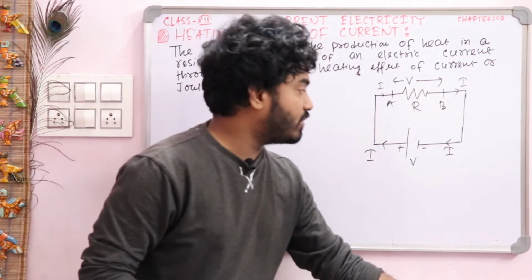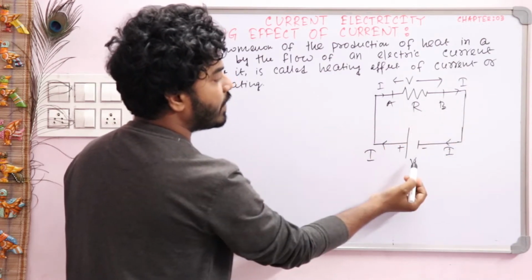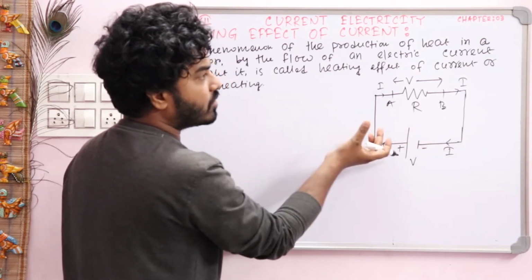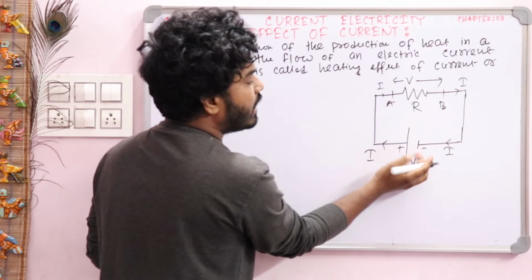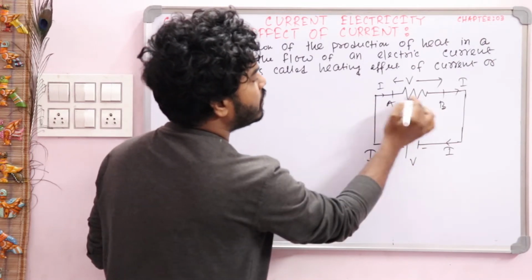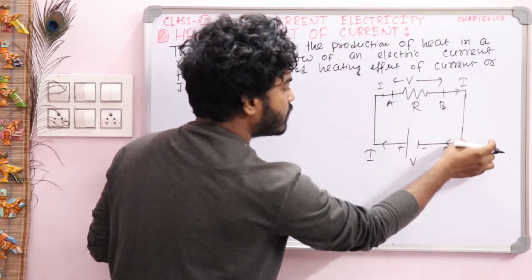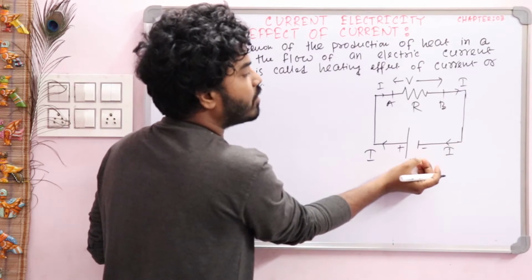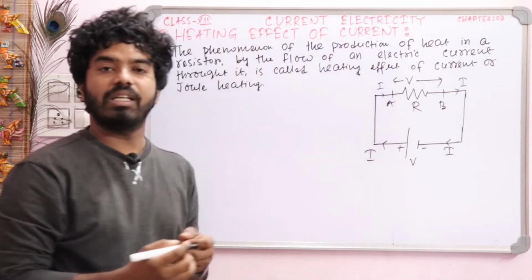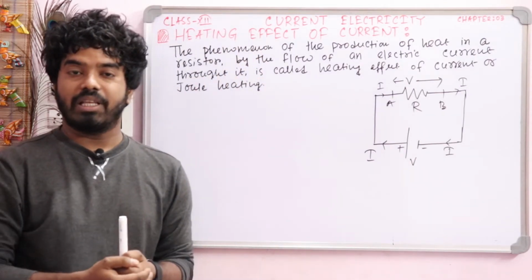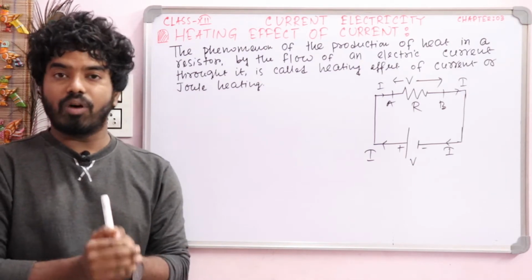You know, the current always flows from the positive terminal to the negative terminal in a circuit, and current flowing means there is a flow of electrons. So when electrons flow in this way, the electrons gain some energy from the cell, and when they flow through this resistor, they lose some amount of energy here. Then again when flowing in this way, they gain some amount of energy. So the main purpose of the EMF of a cell is to supply energy, that is, work is done by the cell.